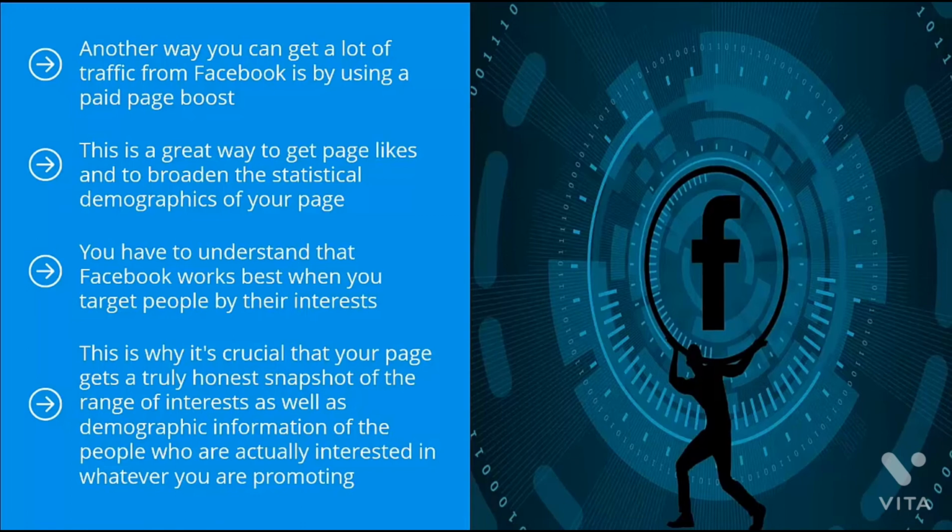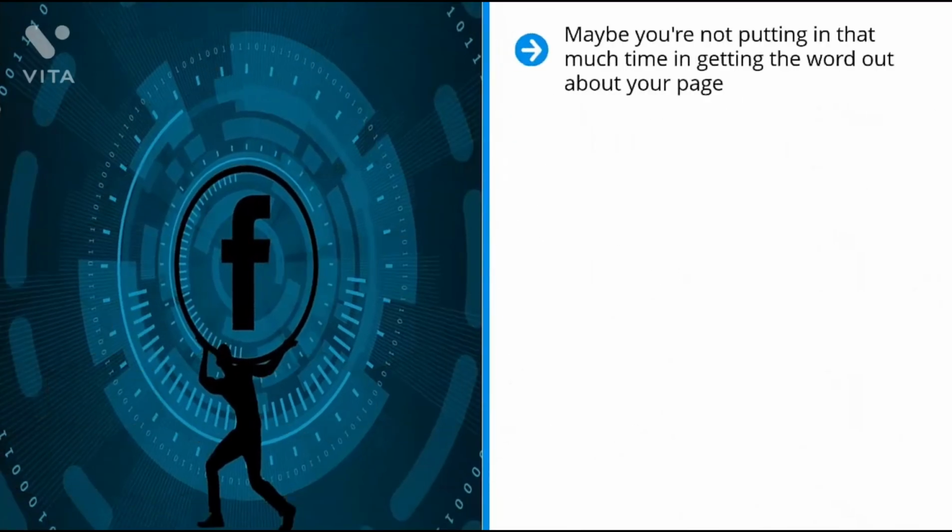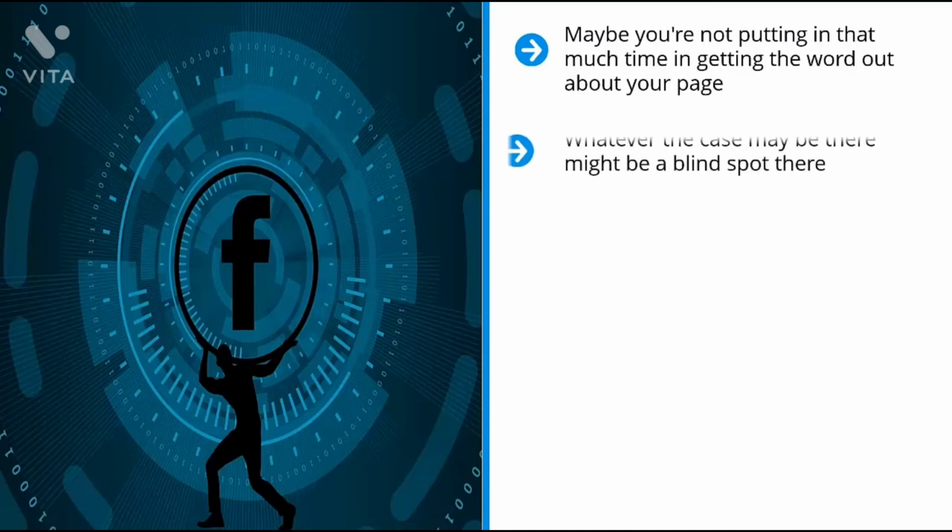This is hard to achieve if you are just promoting your page organically. Maybe you're not putting in that much time in getting the word out about your page. Perhaps you are just sharing the word on several groups that may not line up, demographically speaking, with your niche. Whatever the case may be, there might be a blind spot there. This is why I suggest that at least at a minimal level, engage in some sort of paid page boost